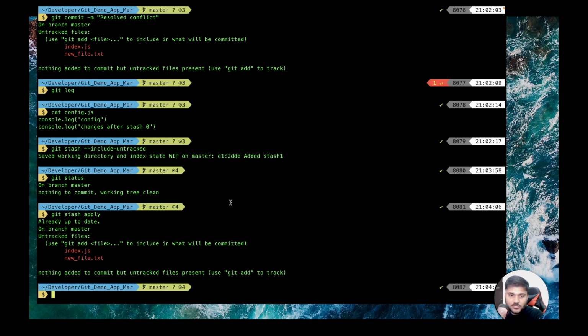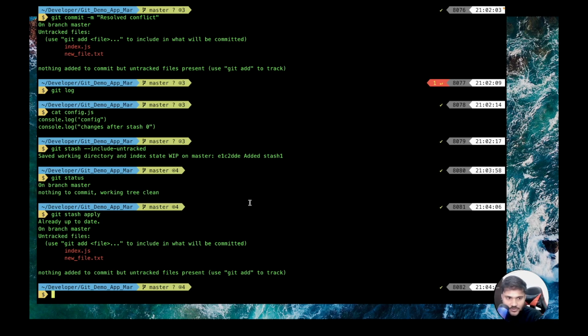If you want to make sure that you add all of the files in the stash, then there is a command git stash --all. This will help you to add all of the files, but you don't need to remember all of these commands. You just need to remember the concept of stash. Whenever you have to do a stash, just Google it. You will get all of the commands handy in front of you, and you will be able to understand which thing I am actually storing inside a stash.